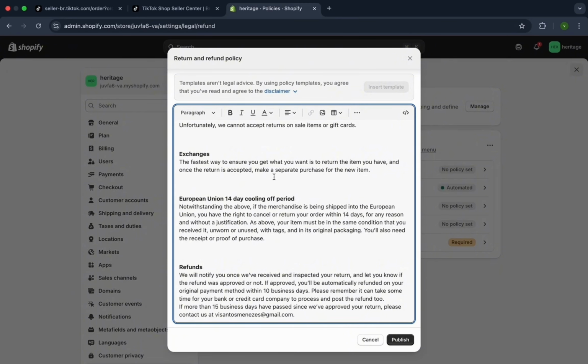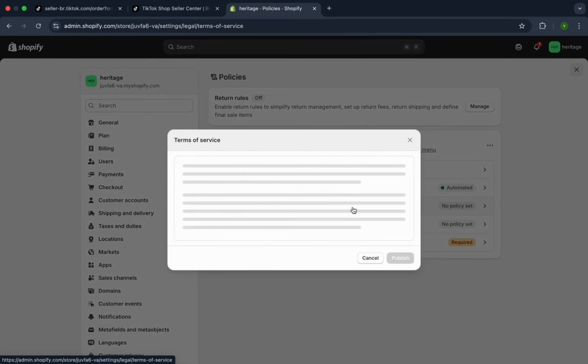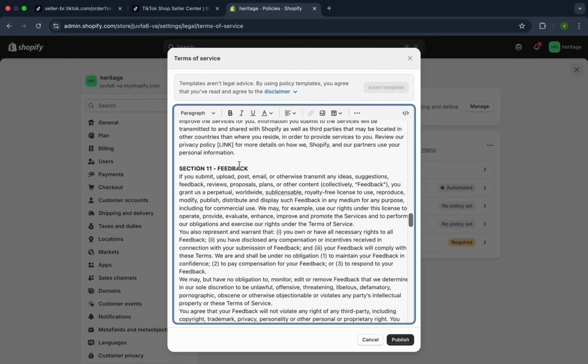The only thing you have to do is read through these and make sure everything applies to your store as well, and also replace any of these items where you have to enter your own information. Once you have done that, click on publish, and then this page has already been set up. The privacy policy has already been set up for us, so let's go to terms of service, and here it's the same thing. We can just click insert template and then replace all of the information with our own